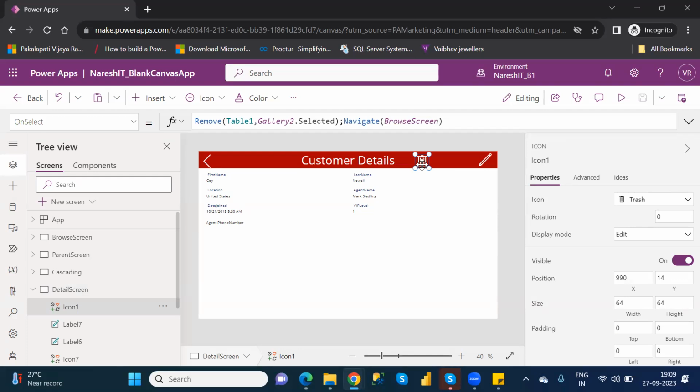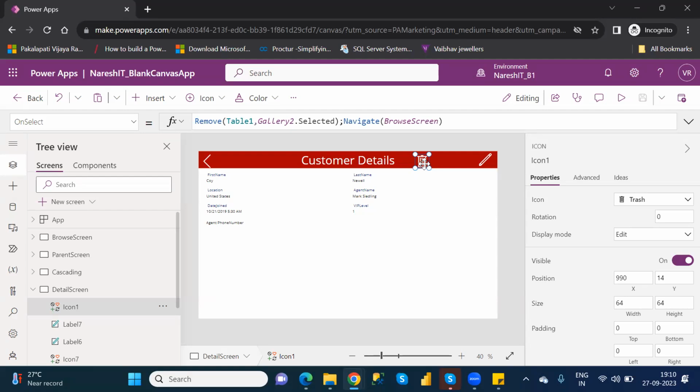In this delete, you're deleting a particular record. If I click on this delete icon, the record will be deleted immediately. But I don't want that; I want to get a confirmation message. Once the confirmation is received from the user, only then is it deleted. Otherwise, if you don't want to delete it, there is another option.